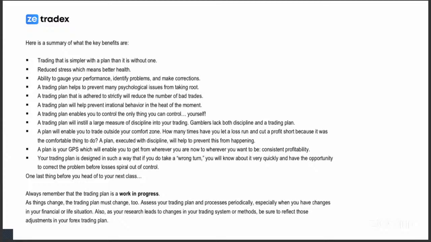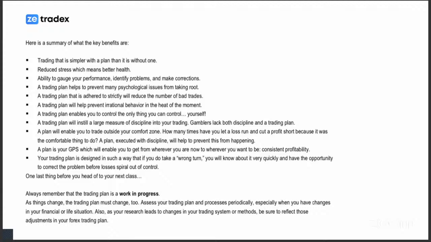A plan would enable you to trade outside your comfort zone. How many times have you let a loss run and cut a profit short because it was the comfortable thing to do? A plan executed with discipline will help to prevent this from happening. A plan is your GPS, which will enable you to get from wherever you are now to wherever you want to be,